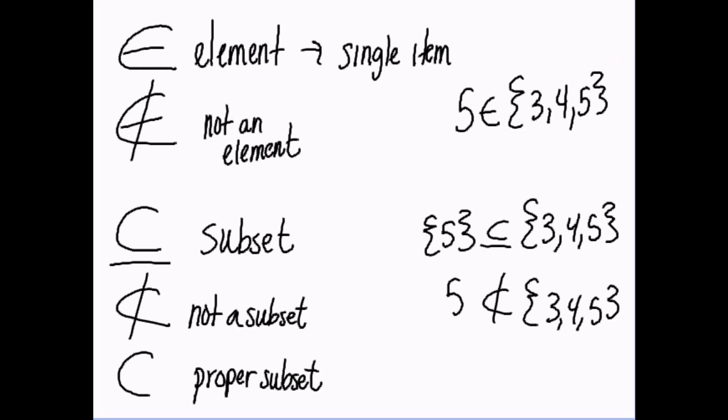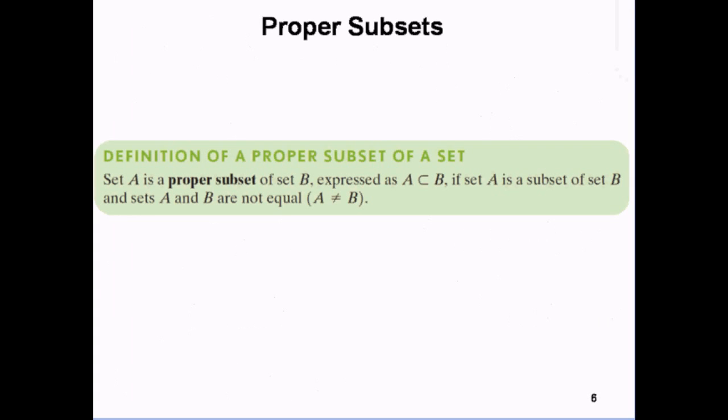Okay. Go back to that now, so you can write it down. You have a subset and you have a proper subset. Okay? And think about what the word proper means in English. You know, it's exactly right. You're proper, so it's perfect. So if you're talking about a proper subset, you're talking about a subset that's an actual perfect subset. Now, if you're just talking about a regular subset,